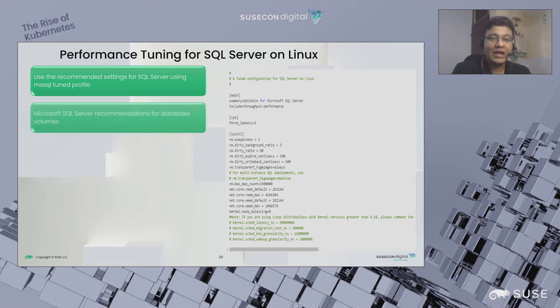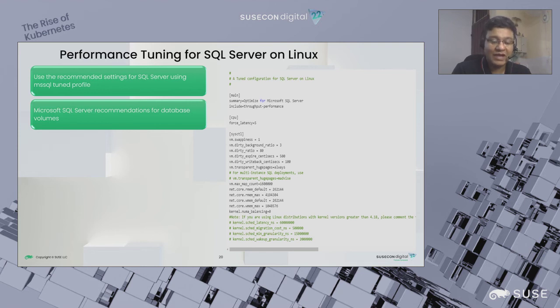TuneD profile. Apart from that, the other database configurations that you would do for SQL Server on Windows, all of that apply for SQL Server on Linux as well. For example, having database and log files on different drives, number of tempdb files, and having those on different drives, all of those best recommendations and suggestions that you've been following for SQL on Windows applies for SQL on Linux as well.